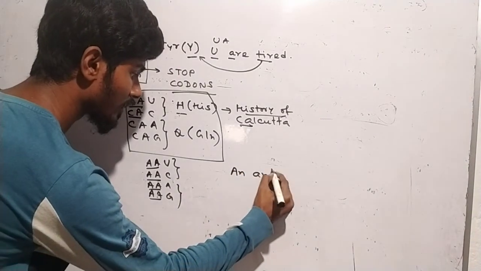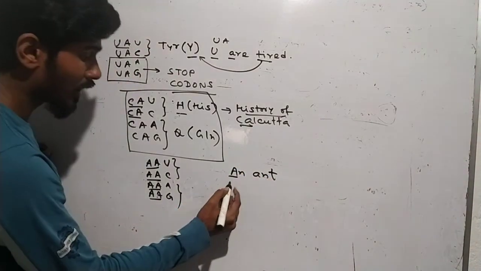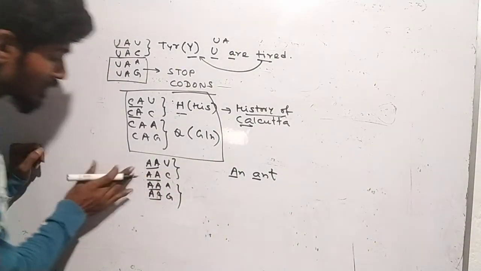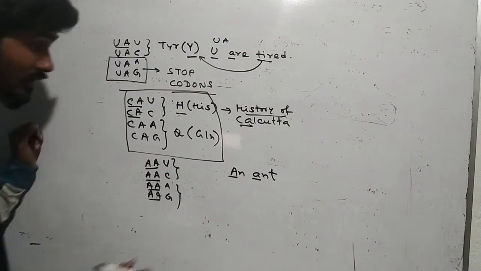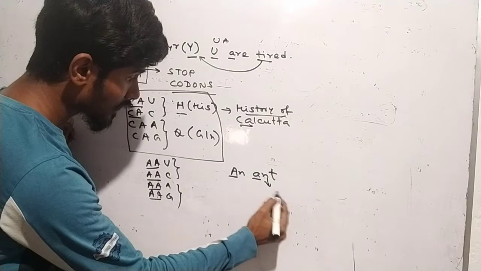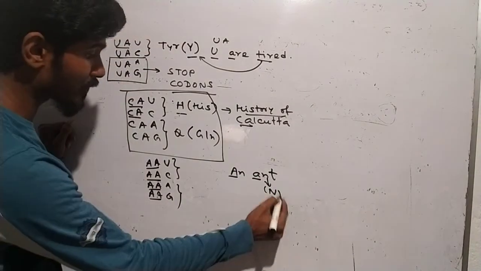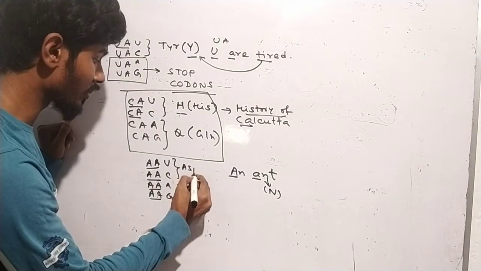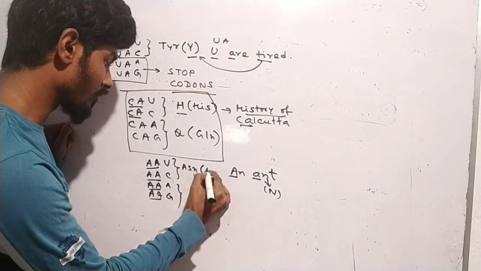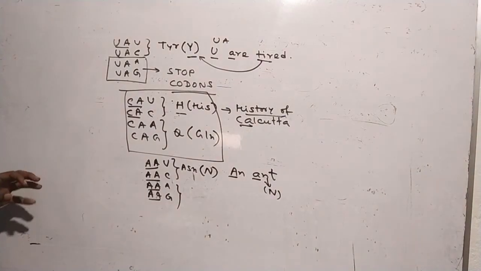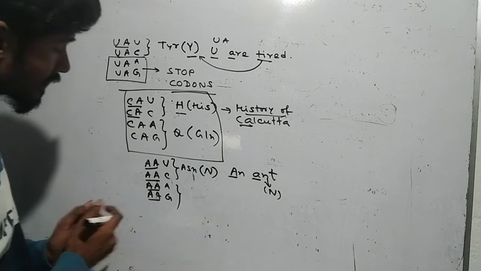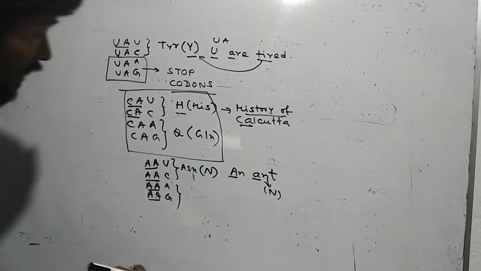So whenever there is an A and there is another A just after it, so two A's, the first and the second letters are A's, then you will have this N, that means asparagine. So this is asparagine, ASN, or asparagine, capital N. Okay, I have mentioned in the sentence before in this video that